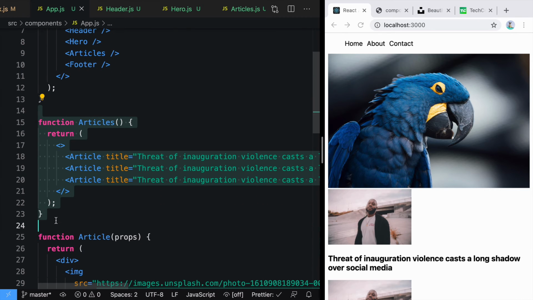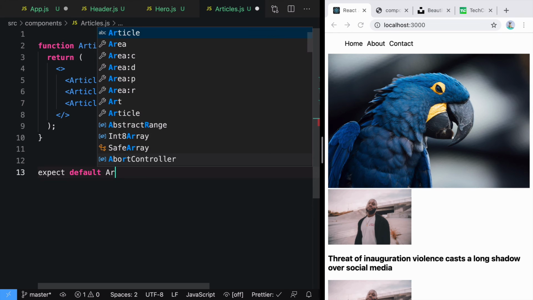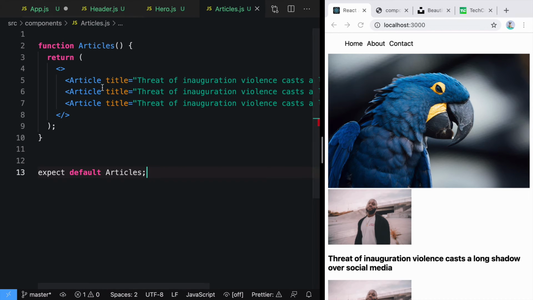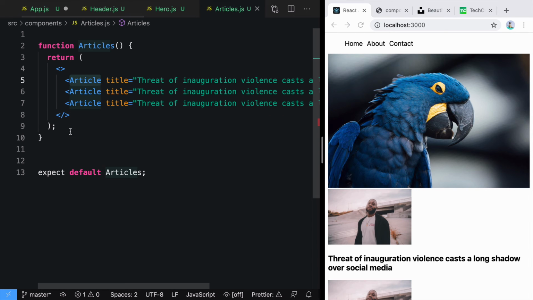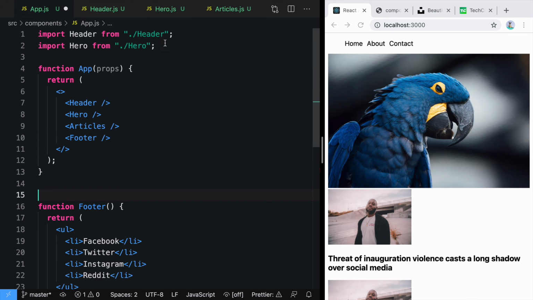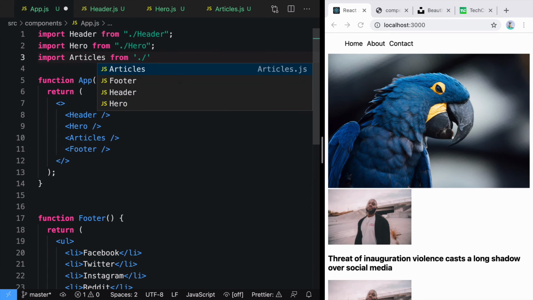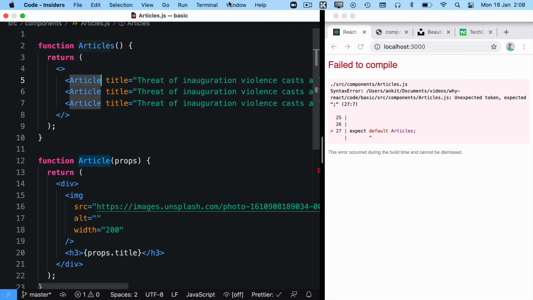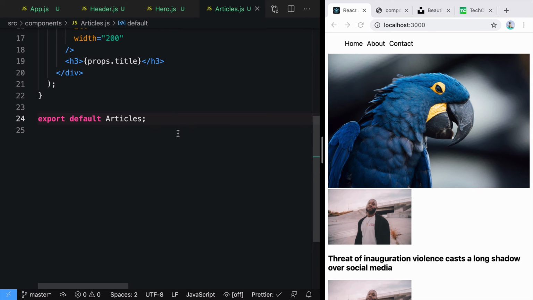Now going to articles. Articles will have their own file. Here we'll define it and we'll say export default articles. So we exported that. Now the point is articles need access to article. So one way to go about it is, what if I just copy this thing from here and define it right below here. This is okay because you have access to article. Now if you want to get access to articles, you can just say import articles from articles here, and sorry, there is a spelling mistake. Instead of expect, it should say export. Save it and it will start working.